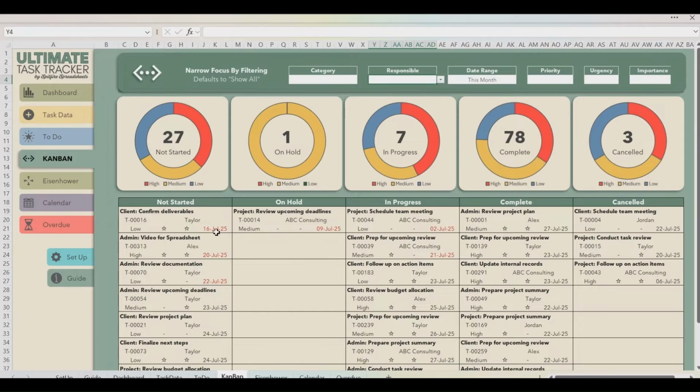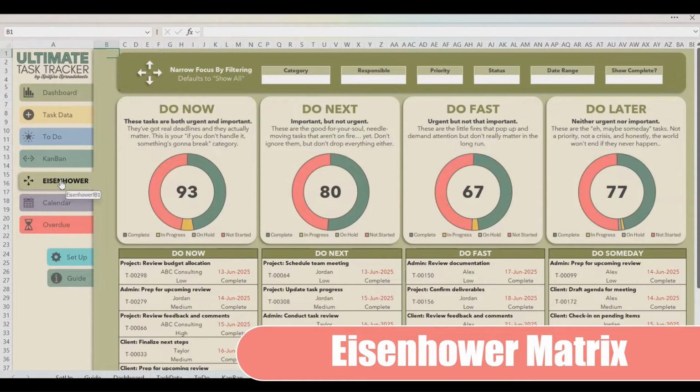So it goes from the smallest date to the largest date. But for the complete and the canceled, it's the other way around. And that's because otherwise you would just see the first 7 tasks that you ever completed and it would never change. Next, we have the Eisenhower Matrix, and if you're not familiar with an Eisenhower Matrix, I will do my